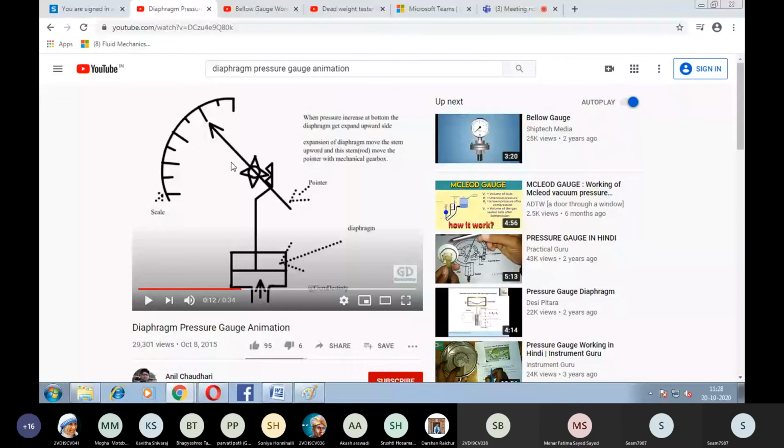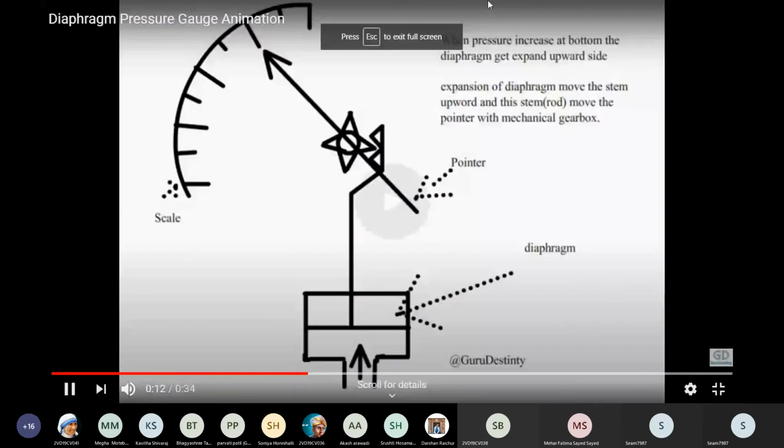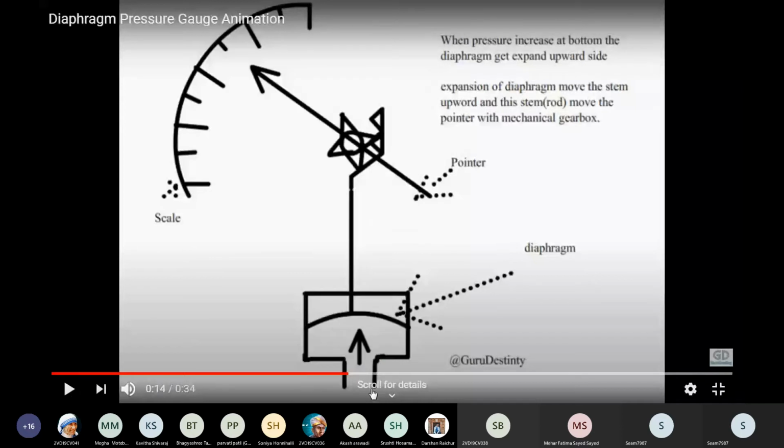So this is the diaphragm pressure gauge, and this is how it is going to work. This is nothing but a small diaphragm which is provided here, unlike the tube pressure gauge where the liquid is going to pass through. But here, liquid is not going to pass.